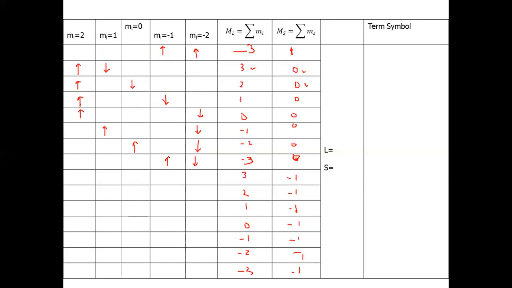Now we have to write when ms is minus 1, that means both the electrons will have downward spin. Again we'll start from here because this gives you the value of ml as 3. Now for 2, what we will do? Keep it here as it is, move it to here. So 2 plus 0, 2, and minus half, minus 1. Now this here gives ml equal to 1.